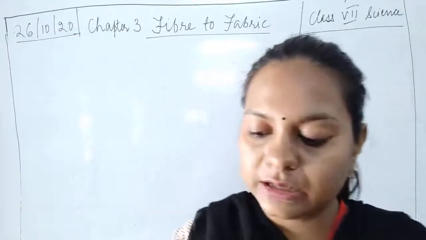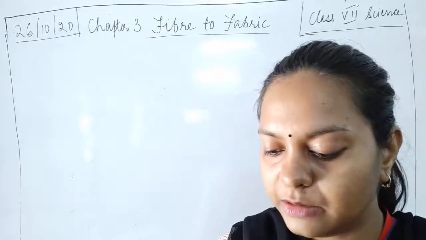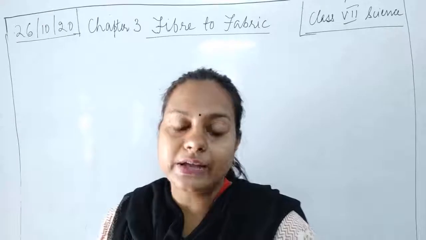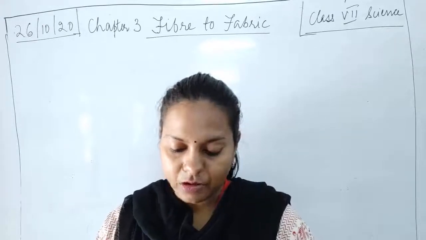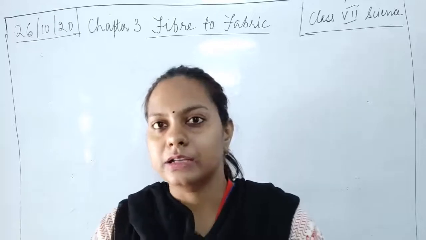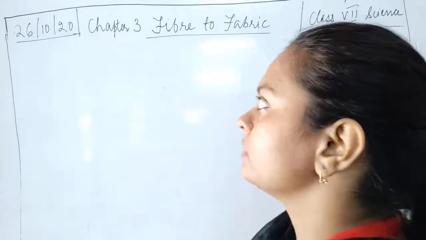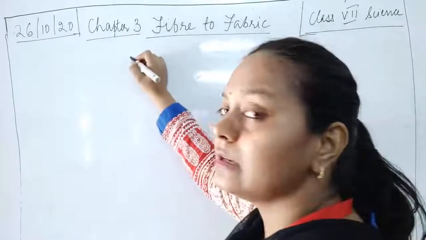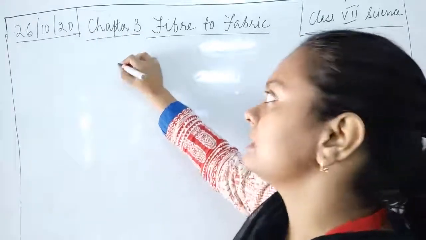We have seen in the last class that we were studying about the fibers, how they are obtained. So we have seen this fiber is obtained from various animals. The most common animal is the sheep. Okay, so we have seen about the different animals which are yielding the wool. So the most common is the sheep.